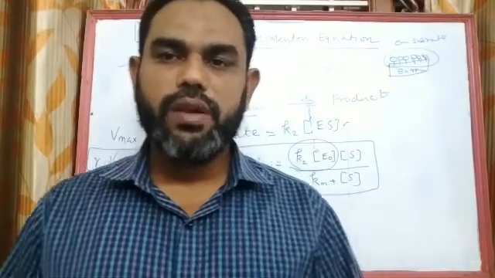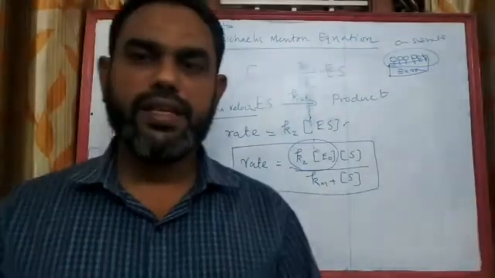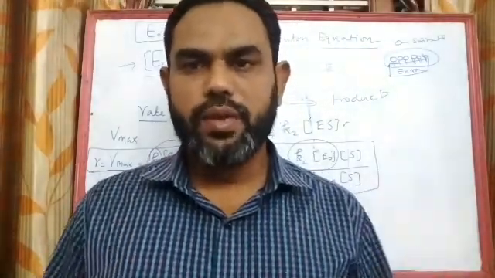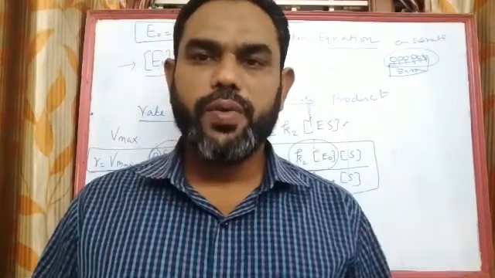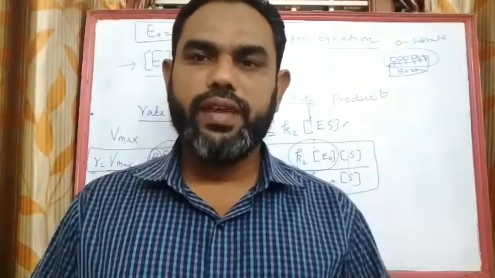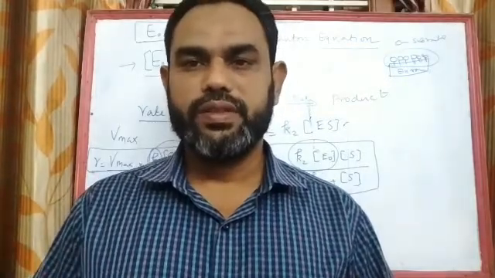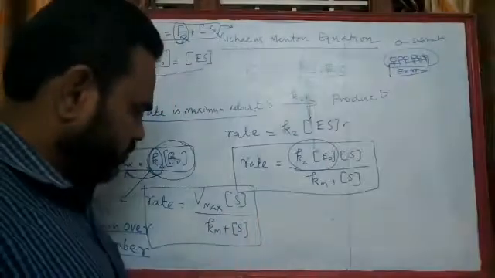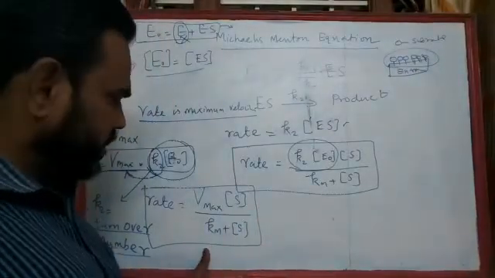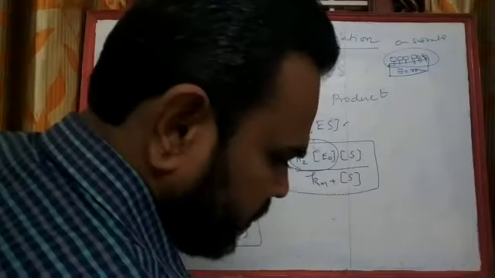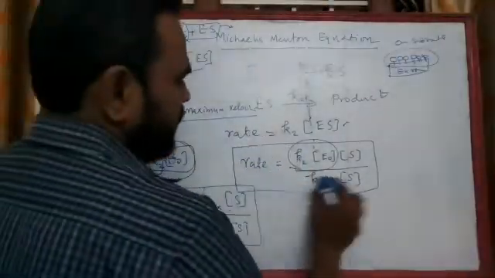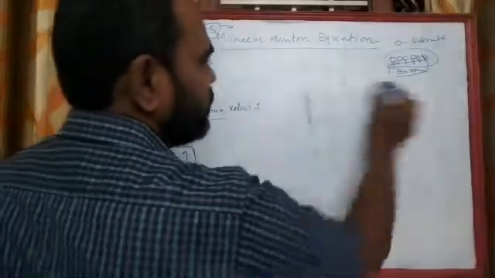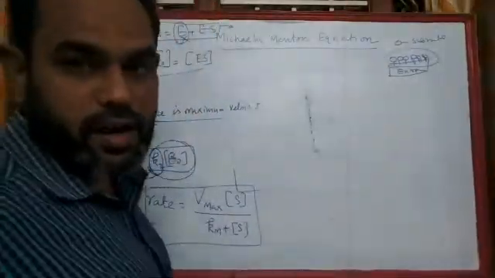So the turnover number for an enzymatic reaction may range from 100 to 1000 normally, but it can also be as high as 10^5 to 10^6. Okay. And now let us come to the Michaelis-Menten equation, and from this equation we can analyze the reaction order at various substrate concentrations.